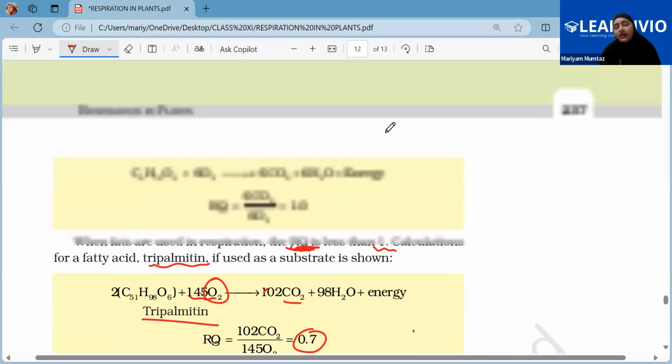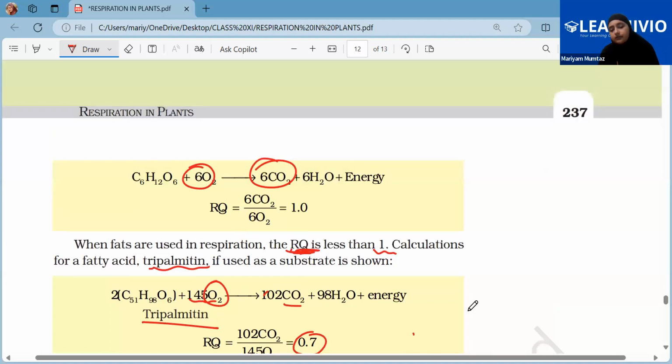Now you tell me, do you have any doubts in this chapter? This chapter is rather lengthy, and it has a lot of technicalities and calculation. So it is strongly advisable for you to read the NCERT very nicely. Now tell me if you have any doubt. Let me just cross check.